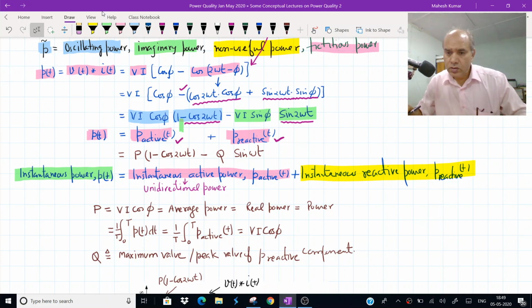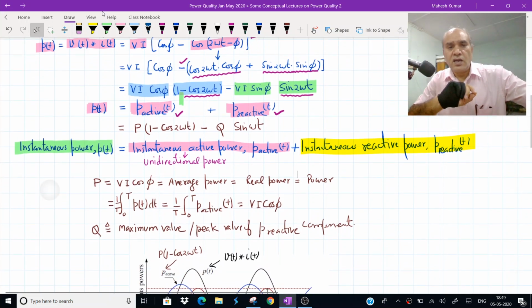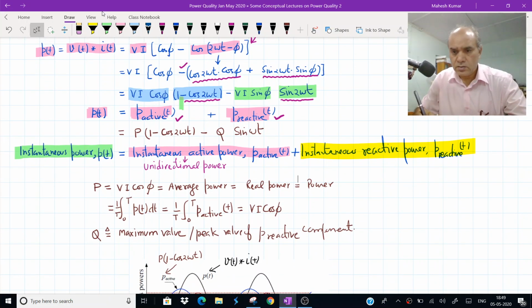All right, so we were talking about this term active and reactive components, and we just introduced the terms instantaneous active power and instantaneous reactive power. So the first question is, why this particular name of instantaneous active and reactive components? Now let us try to understand one more term before we go further.